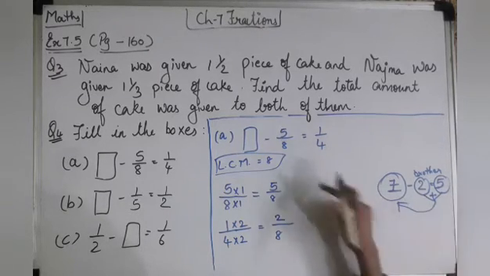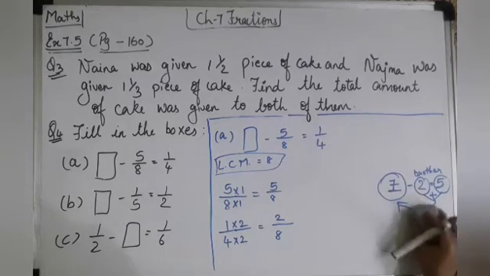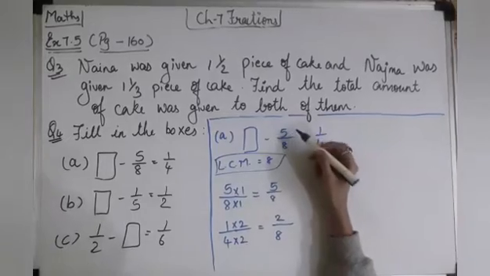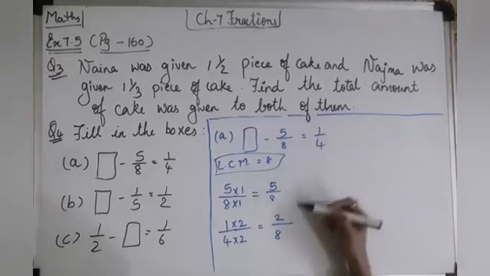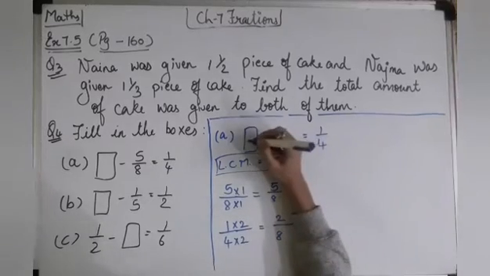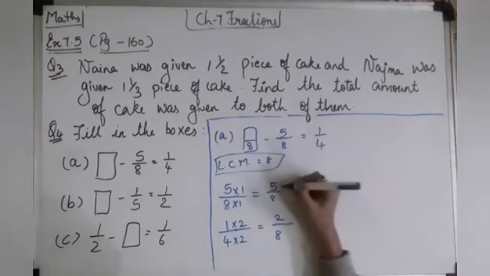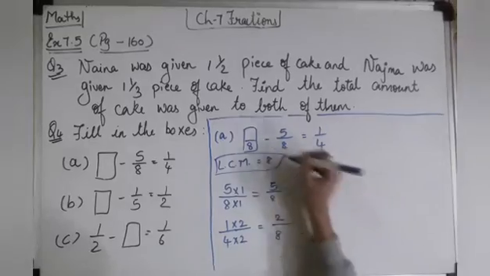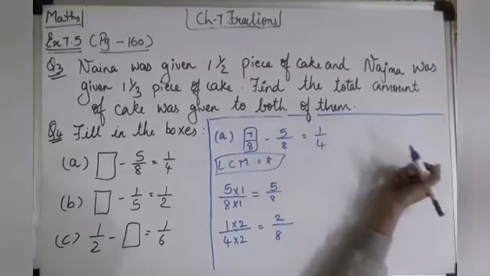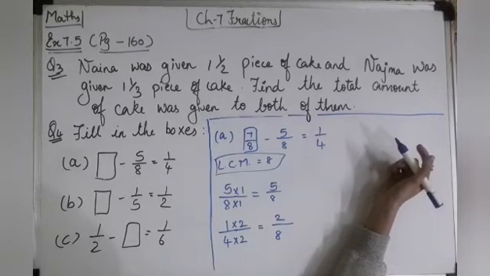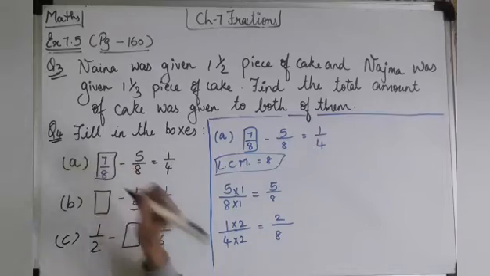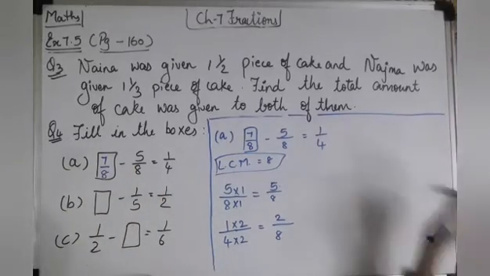Okay. In this also we will do the same. Here it is written 5 upon 8 and here it is written 2 upon 8. So we will add. Denominators are same, so we will write 8. And then 5 plus 2 is 7. So 7 minus 5 is 2. Okay. So we will write here the answer 7 upon 8. Like that way only we will do B.